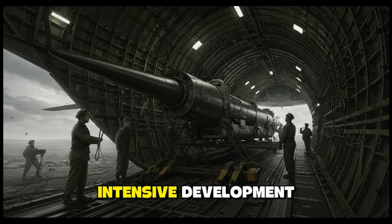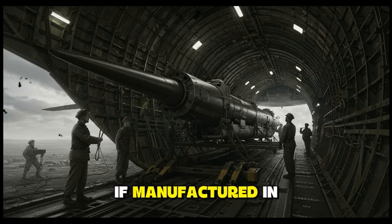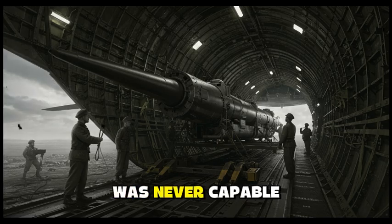Four years of intensive development had produced an aircraft that could have changed the war's trajectory, if manufactured in quantities Japan was never capable of achieving. The lesson learned too late was simple: